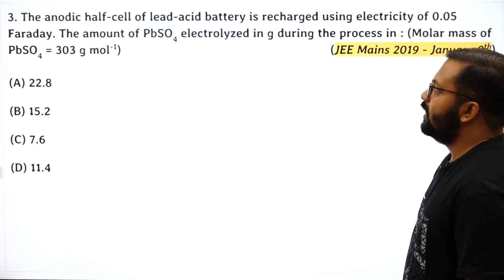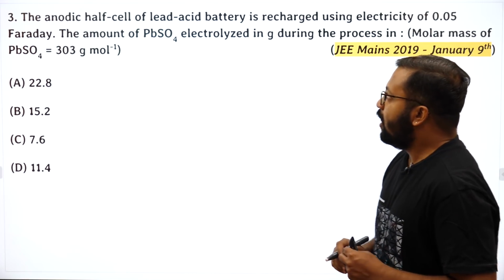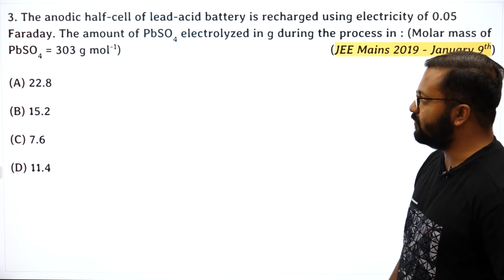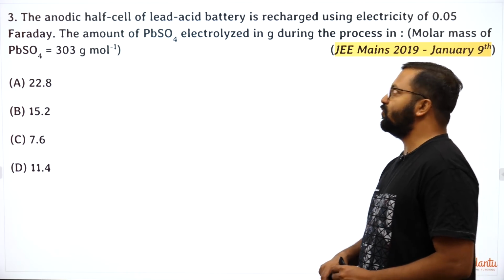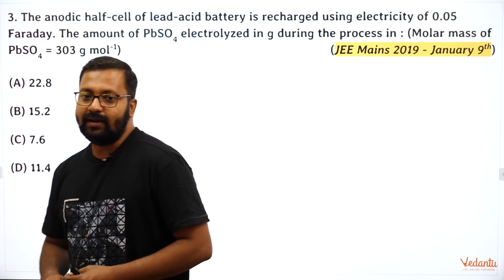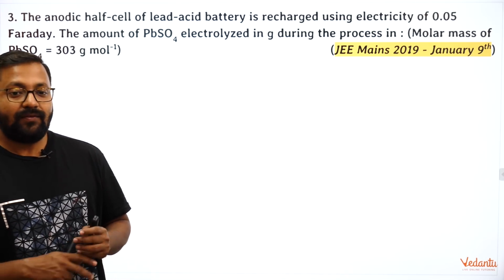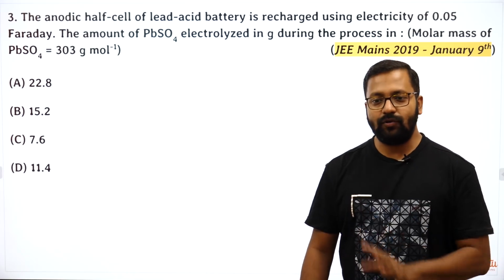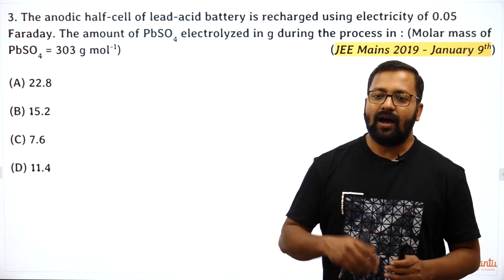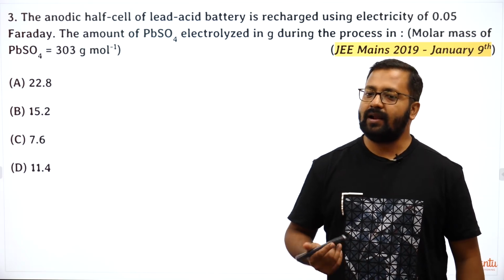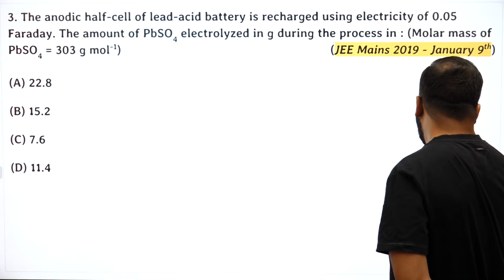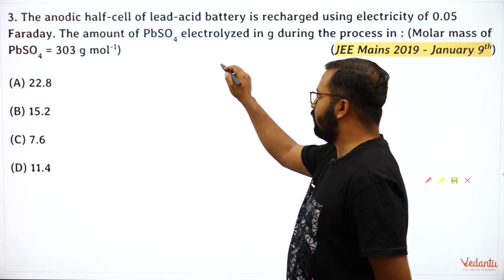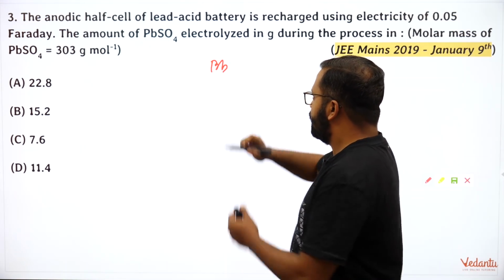Let's move ahead. The anodic half cell of lead acid battery is recharged using electricity of 0.05 Faraday. The amount of PbSO4 electrolyzed in grams during the process. Now, if you do not remember what is a lead acid battery, you do not have to worry about this. Okay? Now, tell me, if a reaction is happening in a lead acid battery, then what at the most will happen? If you are given the amount of PbSO4, then obviously something is getting